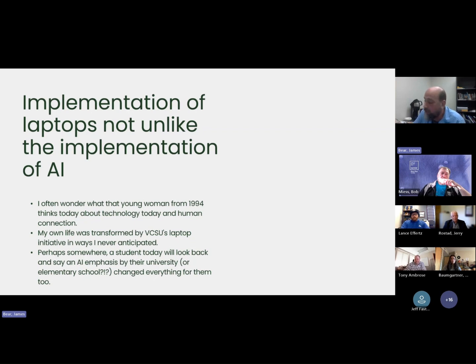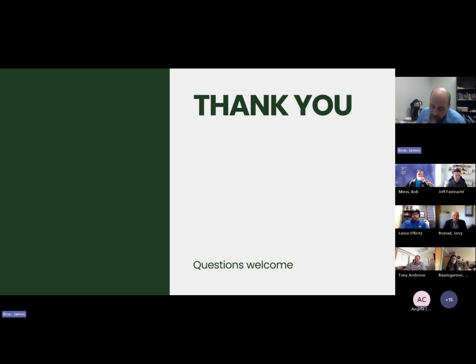And so however we do this in schools, I think it's easier to pinpoint the things that we don't use AI for than the things that we do use AI for, because it shows up practically everywhere. And so it doesn't make any sense for us not to leverage it in as many ways as we possibly can, even though we have a lot of concerns about that perhaps. So anyway, that's my thought. So I guess I'll open the conversation. I realize I zoomed out a little bit more than perhaps Jeff did.